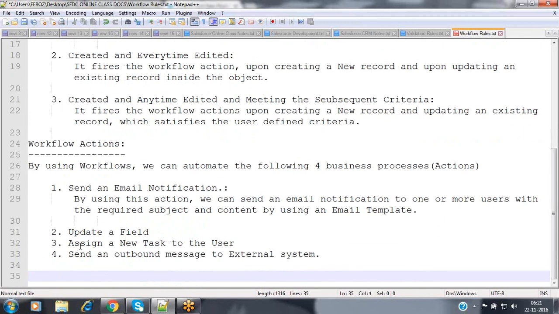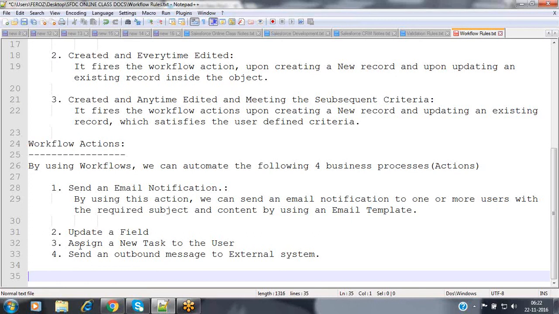Generally, if you want to send email notifications in some other programming languages, we have to use mail servers and configure the SMTP servers also. But in Salesforce, there is no need to configure any mail servers. Mail servers are readily configured and available for you. We just specify the subject and the content which we want to share with the people, using email templates, to send the email notification. Depending on our need, it may be to a single user or to multiple users.